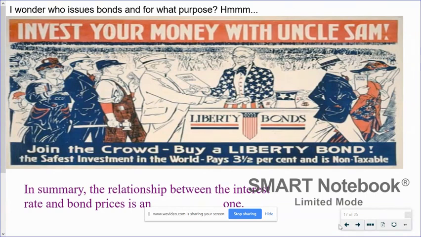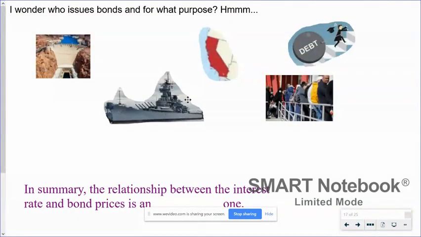Who is this issuer of bonds? We talked about in previous class exactly what a bond is. Well, it just so happens that the United States government is the #1 issuer of government bonds. Why do they do that? It's because they're trying to raise revenue, in this case, voluntarily from the citizens, whether for the purpose of infrastructure,